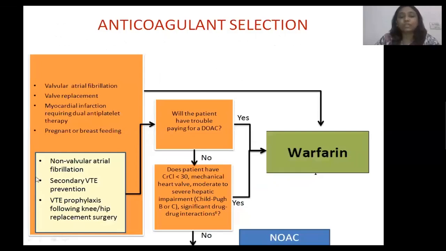Now, when the indications for anticoagulant have been met, we next have to look at whether the patient has trouble paying for the NOAC. If the cost is not an issue, then we have to look at the creatinine clearance of the patient, and whether the patient has a mechanical heart valve, moderate to severe hepatic impairment, or any significant drug-drug interaction. If the answer to all these questions is no, then you can go ahead with the initiation of direct factor Xa